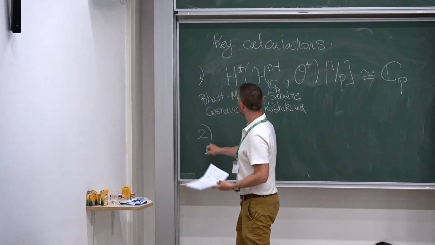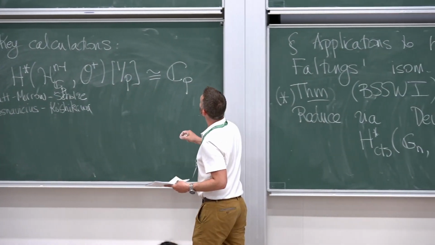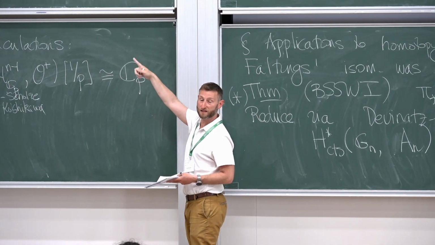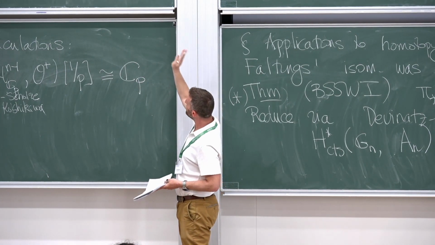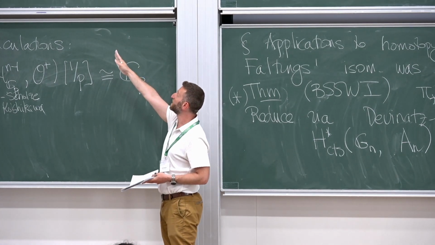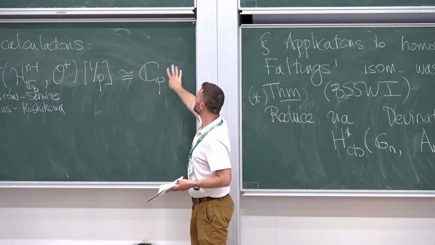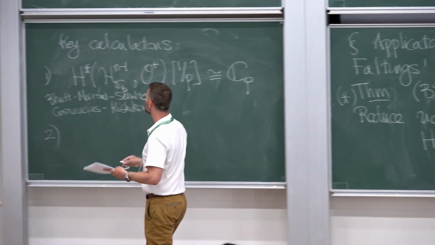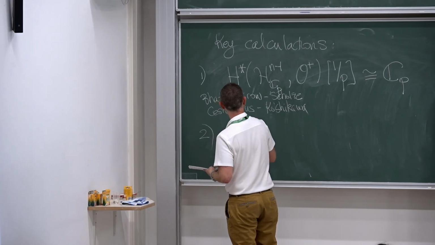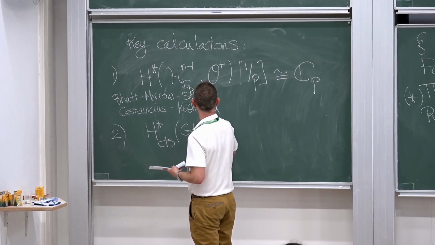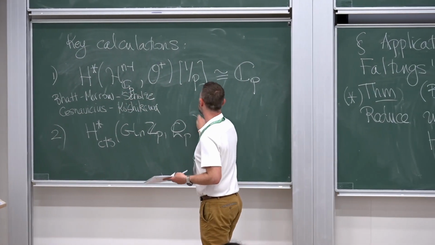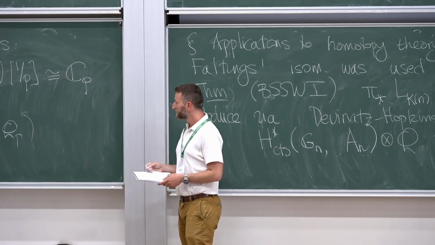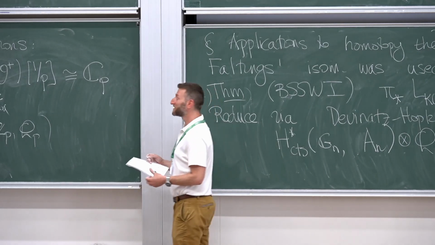The second important calculation, well, okay, think about this. If I want to compute the cohomology of a sheaf on a quotient stack like this one, I should take the group cohomology of whatever group it is, acting on the sheaf cohomology of whatever object it is. But there is no interesting sheaf cohomology there, it's just constants. So as a result, one's left with the computation of the cohomology of just the group with coefficients that are constant, like this one, Qp. All right, so what's that? Well, this was worked out in the 50s. So this is Lazard.